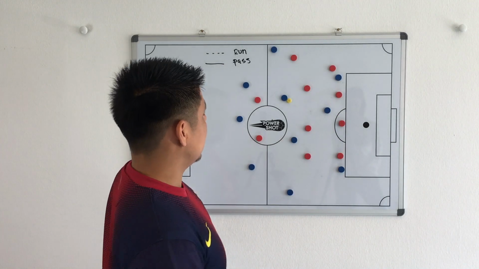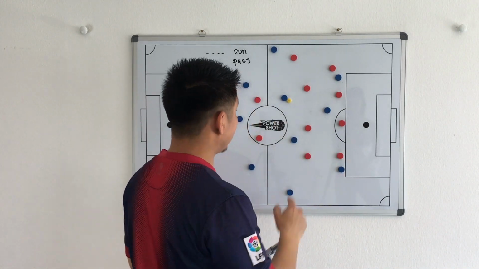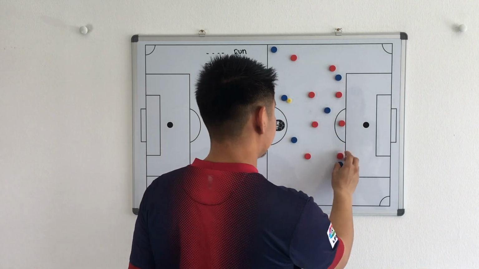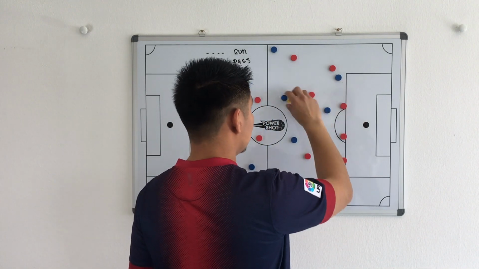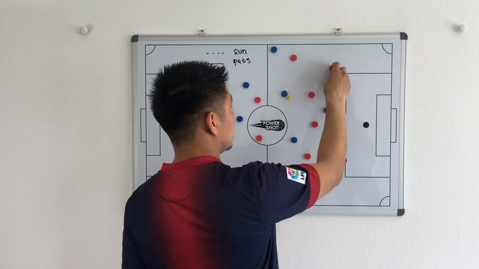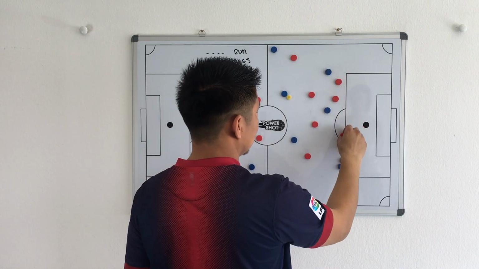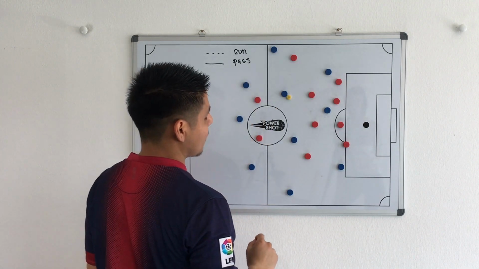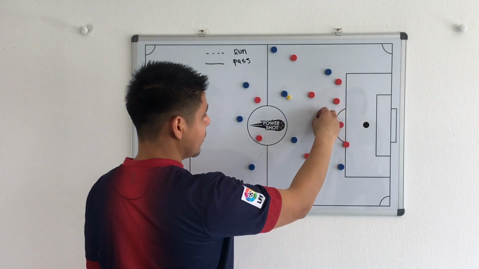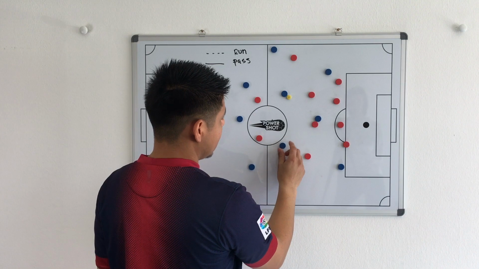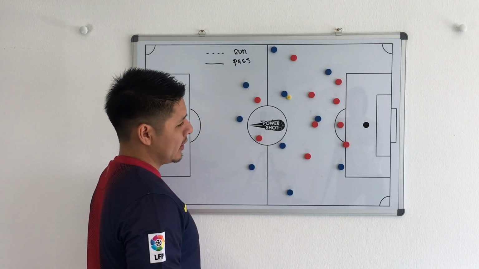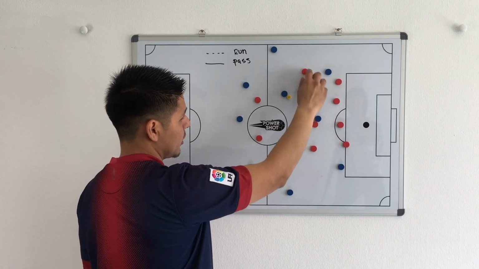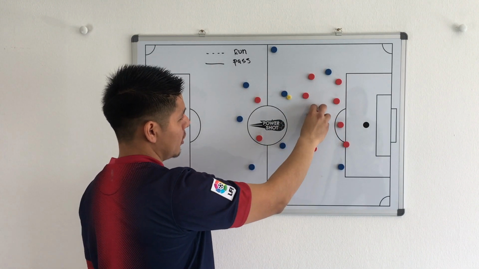So if we want the ball to go from here to here, then of course we need different actions. Okay, so if you're in that position, then your line should be something like this. Okay, so now let's say we have this situation, and your defenders are tucked in a little bit. So if you're here like this,